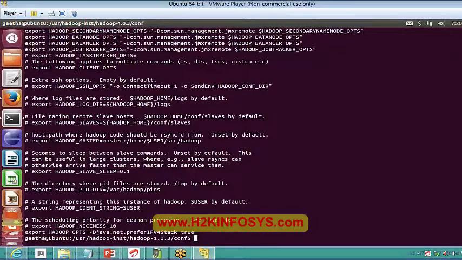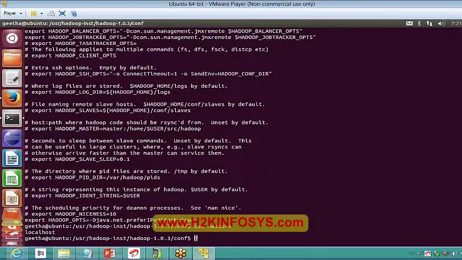Okay, this is another thing which you can see. If I give some path to my masters and slaves, I can give it here. Let me show you one thing here. As I have everything on a single node, it is just showing localhost only, because there is only one master and the machine itself is this machine. But if you go to distributed mode, it will show you the IP address of my master machine.